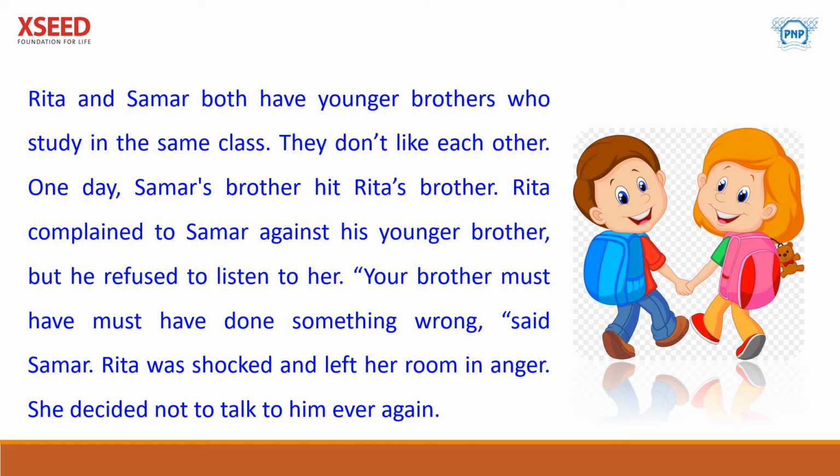Okay, so how is the story? In the story, there is a rising action as well as falling action. Here, both Rita and Summer think their brothers are right. This has given rise to a conflict in the story. There is a climax in the story. Conflict means there is a problem in the story, or the climax, where some surprising thing happens.